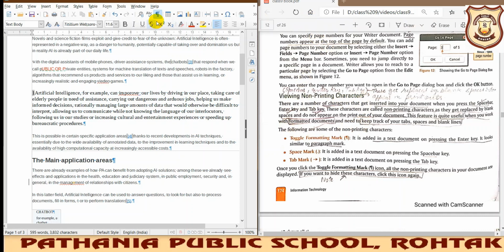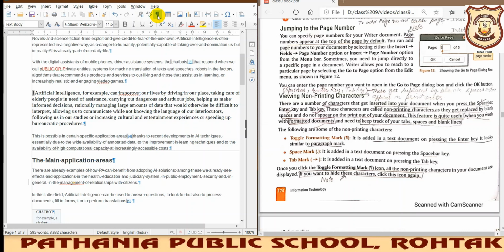Okay, so why has it been named toggle formatting marks? Because toggle means to invert. See, there are many keys that have this toggle effect, like Caps Lock. When you press it on, it will start working, and when you click again, the function will be disabled. There are many keys like the Num Lock key and the Caps Lock key.